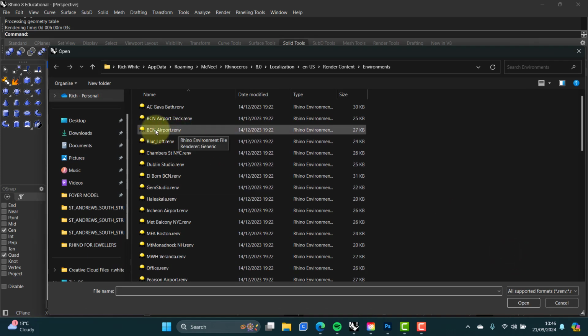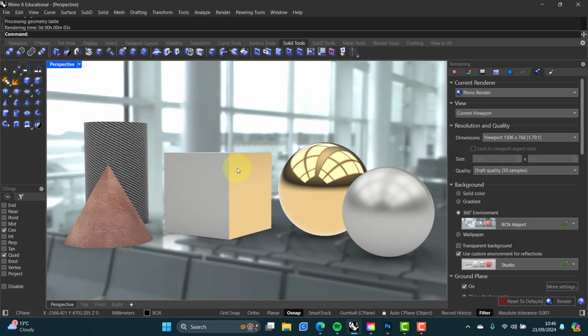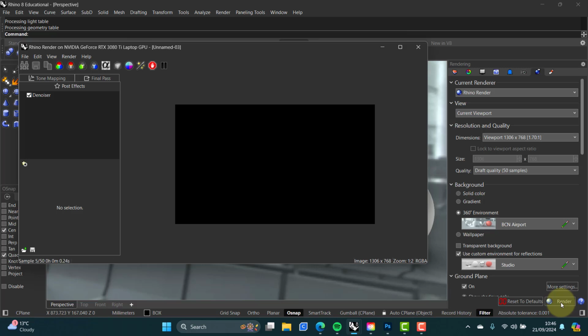this is the one that you'll see in the video. So we'll use this BCN Airport, Barcelona Airport. Okay, it's automatically used this for the environment for the reflections as well. So when we render, we won't see this kind of fake set of lights. It will look much more realistic. So if I render now,